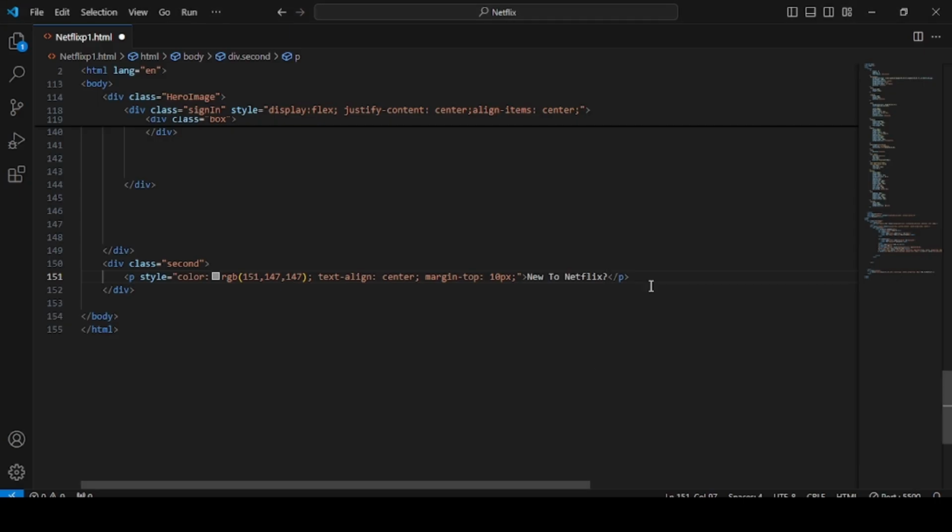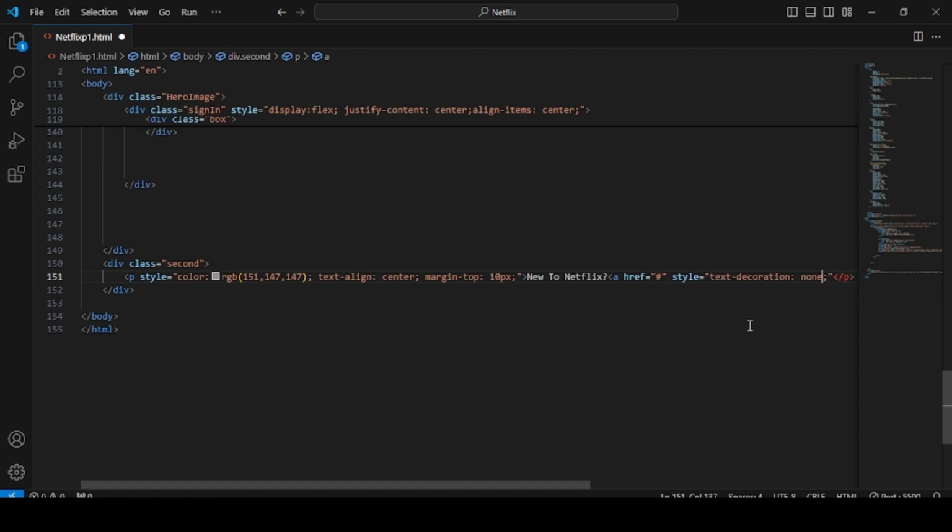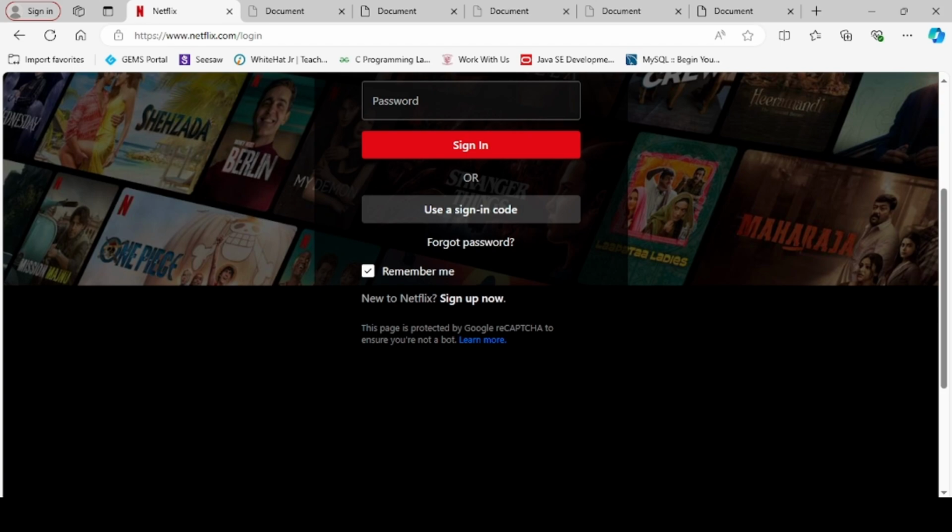So after that we are creating a href equals to, it's a dummy link, so within double quotes we put a hash, and along with this we have to give style equals to text decoration none, and the color of the text we want is white here,